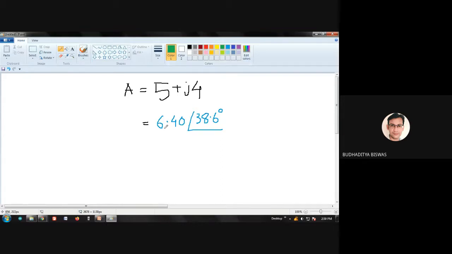I think your friend already got the correct answer. Hope everybody will do these things once upon a time and they will get this: 6.40 and 38.6 degree. Now, in another expression, say A equal to